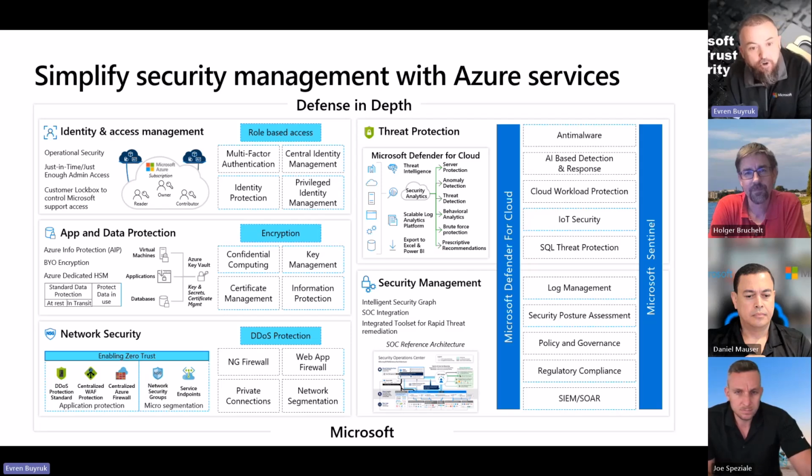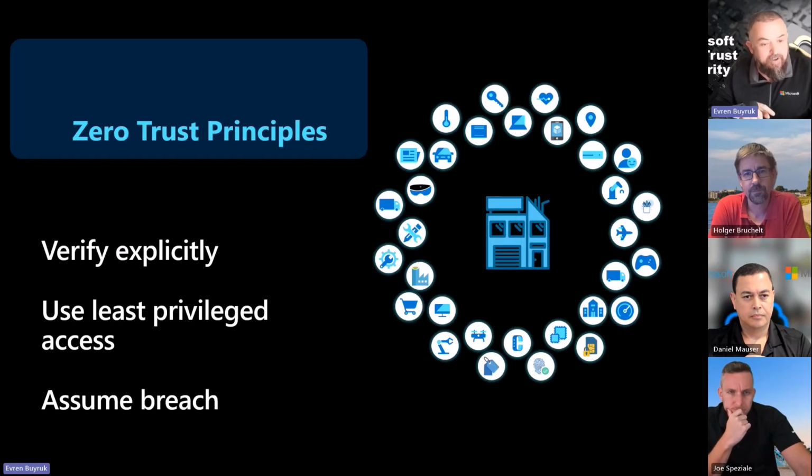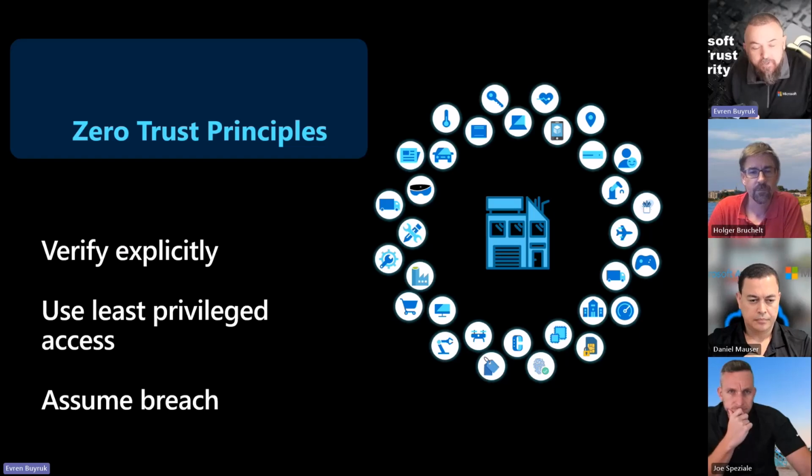Basically, it really is a learning curve for both Microsoft and the end customers, because each and every customer has different requirements, but they have a common denominator, which is securing their data. So what they do with Microsoft is identify what technologies we have, and how we are looking at the zero trust principles. For example, verify explicitly, use privileged access control, and assume breach. These are the zero trust principles. I think these are universal, and customers really want to focus on these three